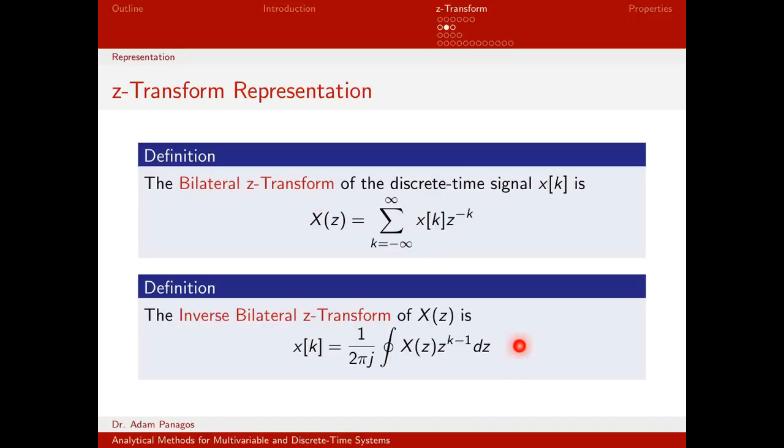This equation is how we go from the Z domain back to the time domain. If you give me x of z, theoretically I can plug into this integral right here and get out x of k. Now one thing you'll notice is this integral looks kind of funny. It's not a typical integral symbol. This is an integral with a circle right here. So that's something most undergraduates have not seen. This is what's called